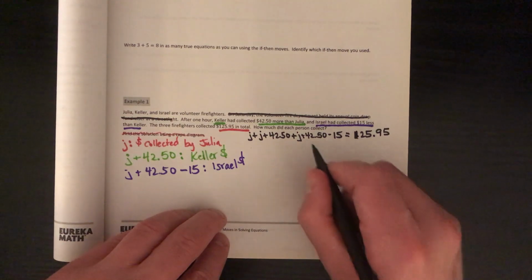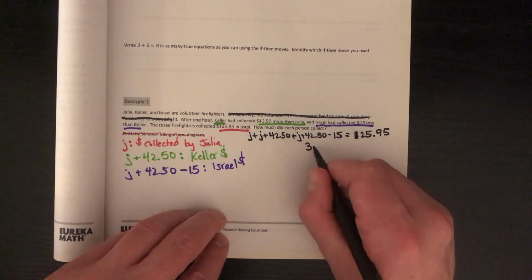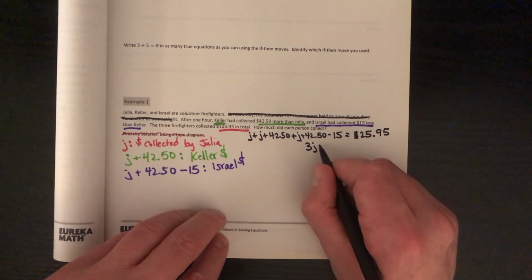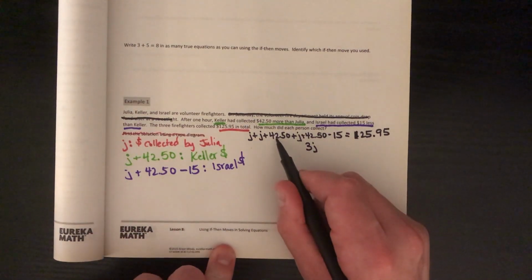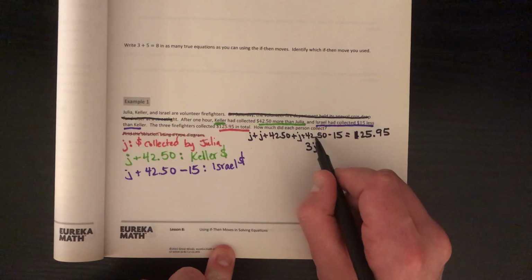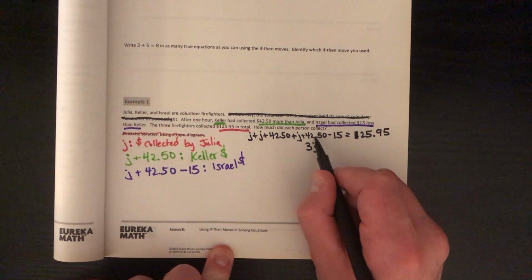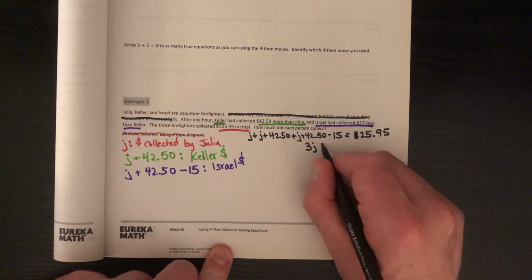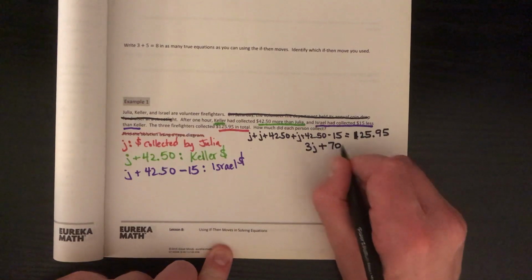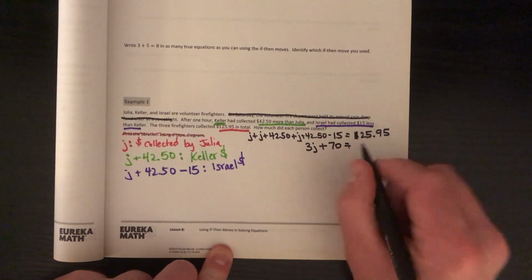I'm going to estimate that I probably want it right about here to leave myself enough room for a number here, because I got to add my constant terms now. 42.50 plus 42.50, that's 85, right? Yeah, that's 85. And then I subtract the 15 and I get 70. So what I got here is 3J plus 70 equals, the equal sign's right in line,